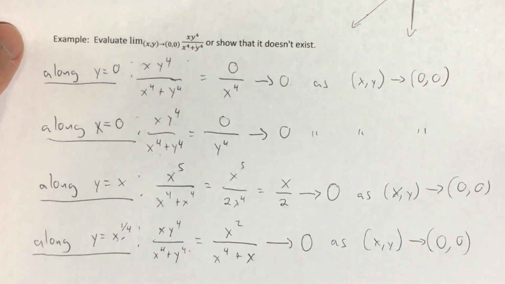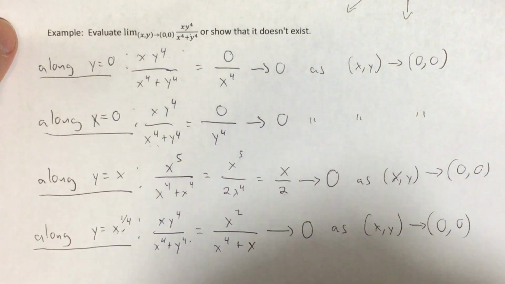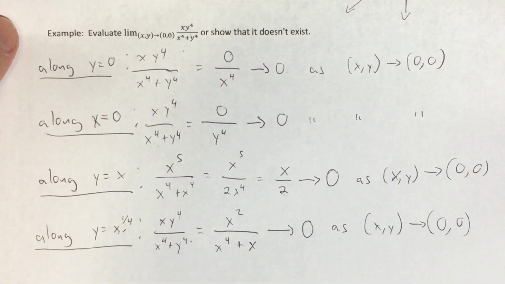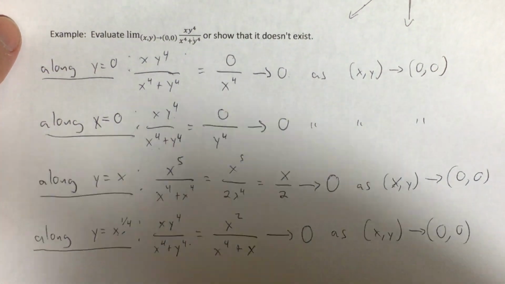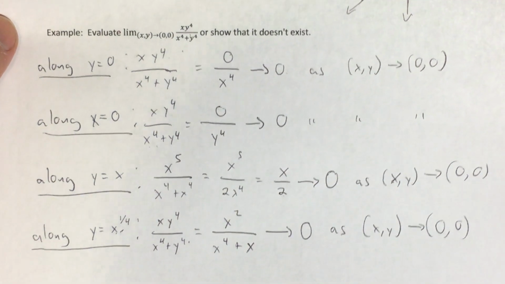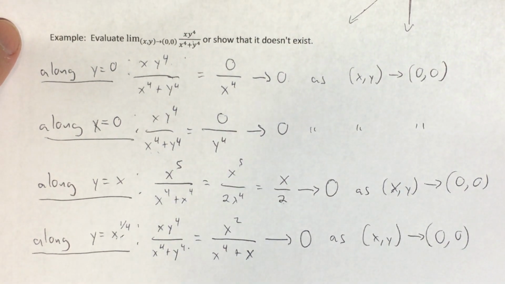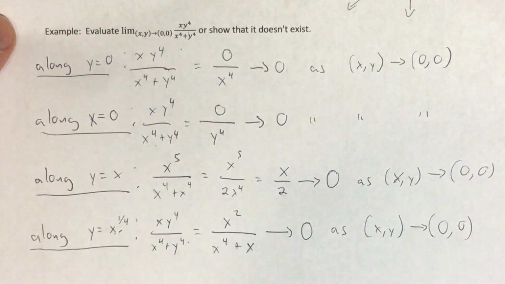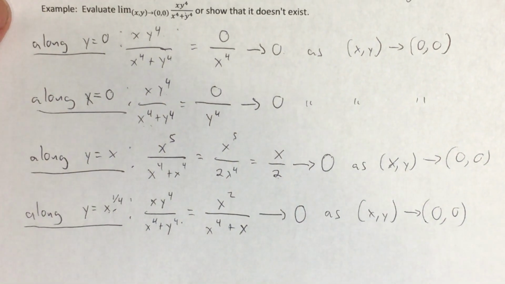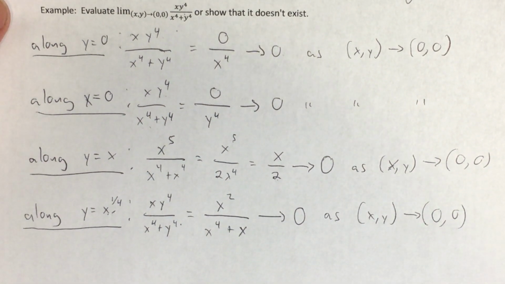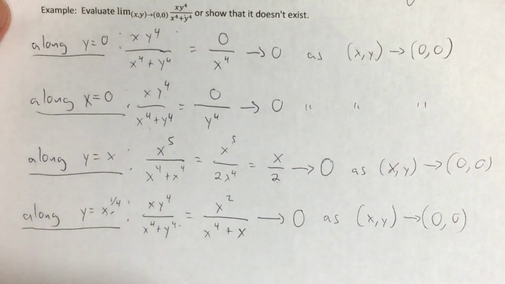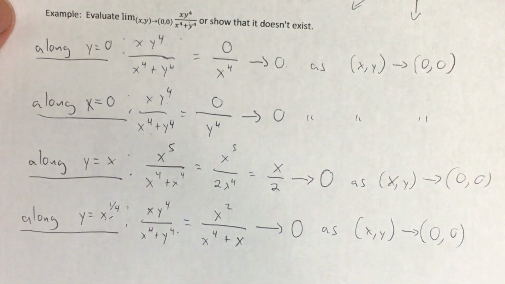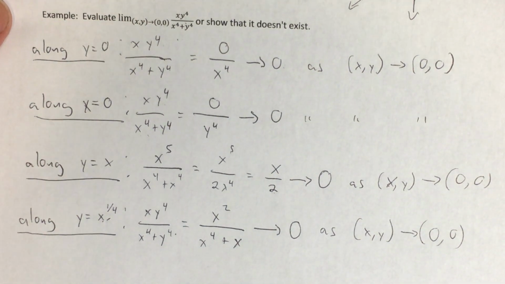But again, like we've said before, you can't check every possible path, every possible way of approaching the origin because there's an infinite number of those. You just can't go and check an infinite list of possibilities. So instead, we need to approach this a different way. Now we've seen using the squeeze theorem and using some algebra to simplify the function that we're taking the limit of. But in this case, what I want to do is use the actual definition of a limit of a two-variable